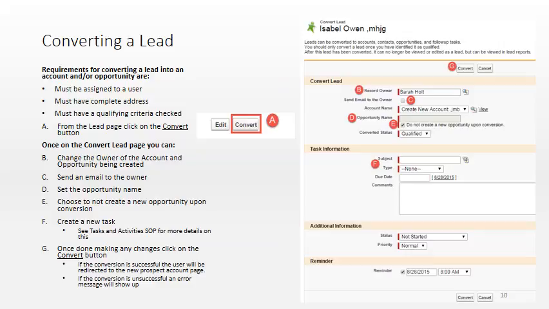Requirements for converting a lead into an account are: it must be assigned to a user, it must have a complete address, and it must have qualifying criteria checked. First, from the lead page, click the Convert button. Once you're on the Convert Lead page, you can